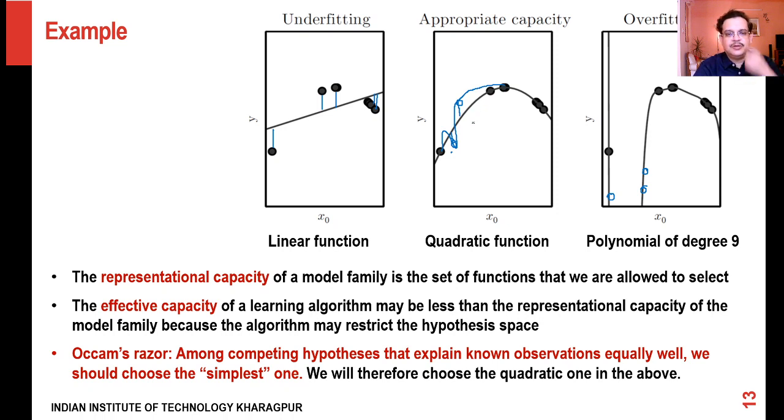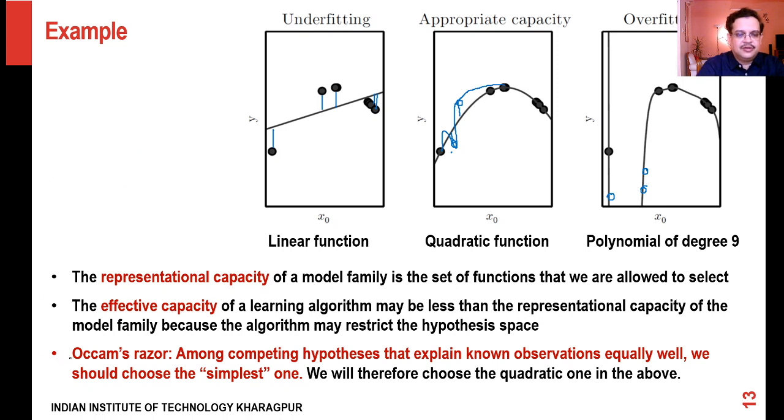So when we talk about using a representational capacity which is effective for the set of data points, it may not be the one which fits the data the best, but it fits it quite nicely. It may not reduce the error to 0 but reduces the error to a substantially low value, and it is not unnecessarily enhancing the capacity of the model.